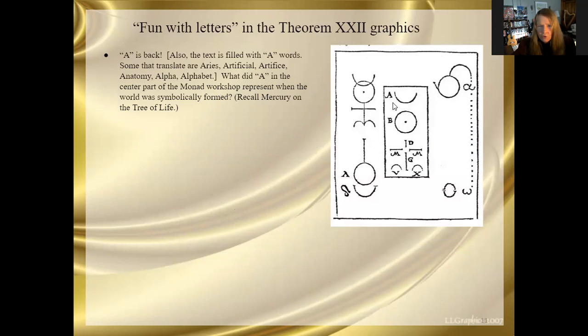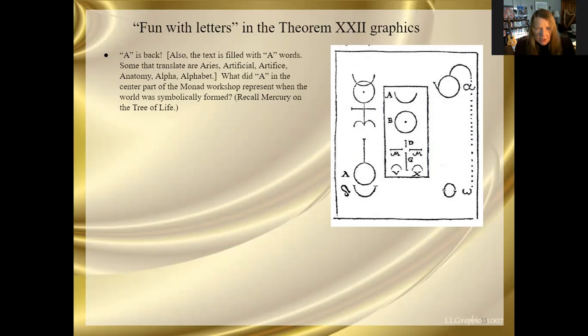Suddenly A is back. Why? If you've been in my course, you should be able to figure out why. Look, the monad is, oh, that doesn't make sense. Well, we better dig into that more. Anyway, the text is filled with A's all of a sudden. You were missing an A in 21, in 22. D kind of hits you over the head. The A is back. The text, and it's very clear in Latin,